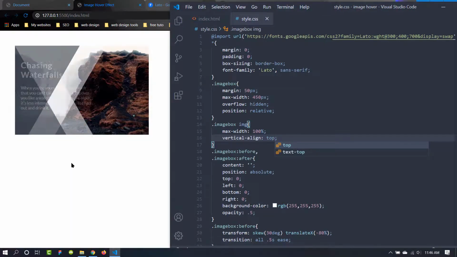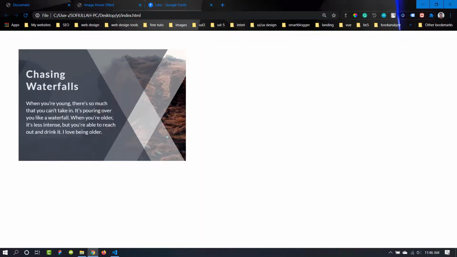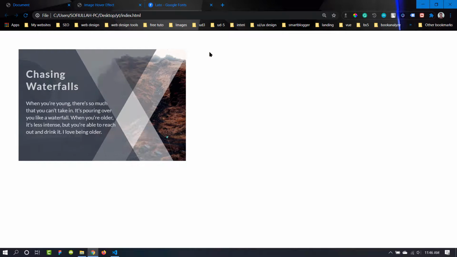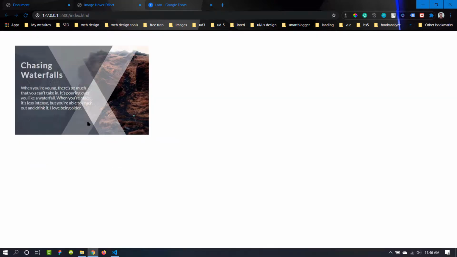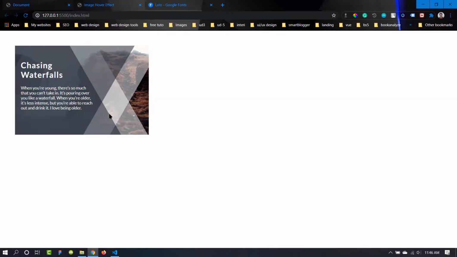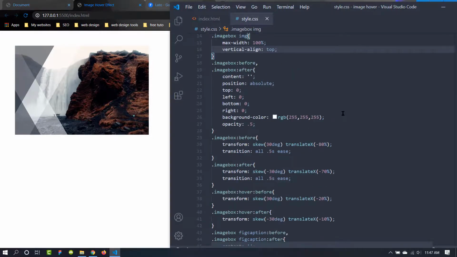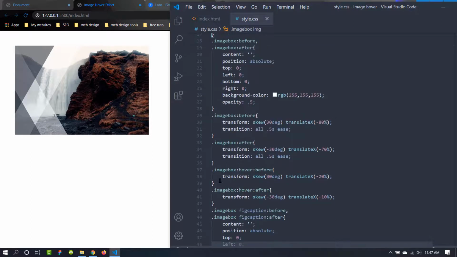Now it is gone. Now in here there is some delay with the animations. All of them are not going to slide in at the same time. It says delay, but in here they are all going to come in at the same time. So we are going to use the transition-delay property to make this happen. You can play with it and try different transition delays. In here, let's start adding the transition delay with this hover before.